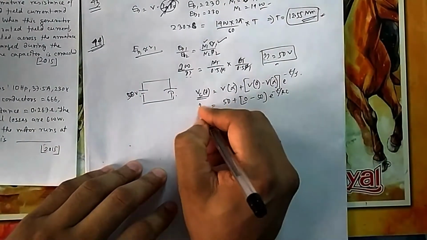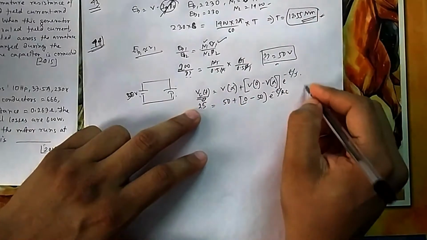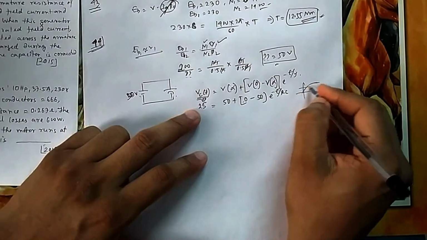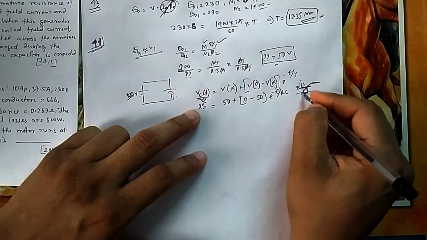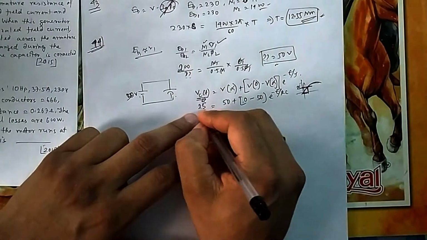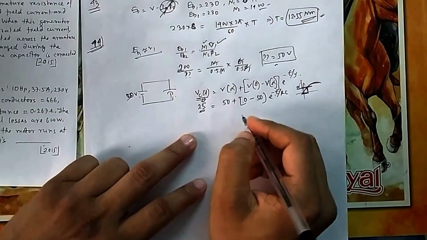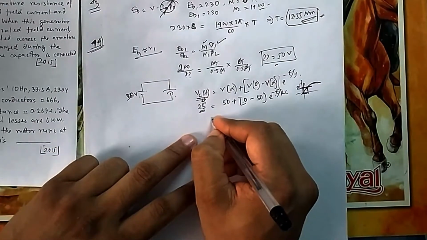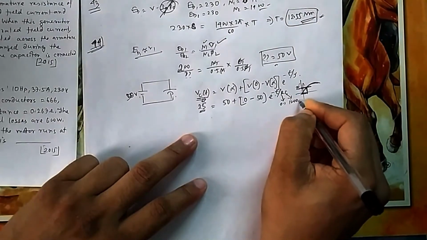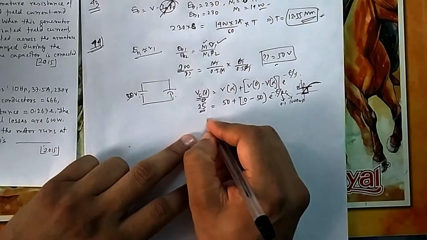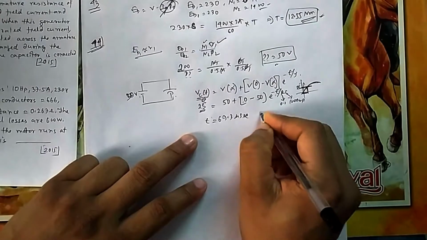Now you want to find when it reaches 25. When your VC(t) is reaching 25, you can find the time, because as time increases, the capacitor is charging gradually. You want to find at what time it is reaching 25. The equation of this curve is this one. So when this output is 25, you need to find the input time. If you solve it, I think you can solve it. R is 0.1 and C is equal to 1000 microfarad. If you put all these things, you will get time equal to 69.3 microsecond. That is your option B.